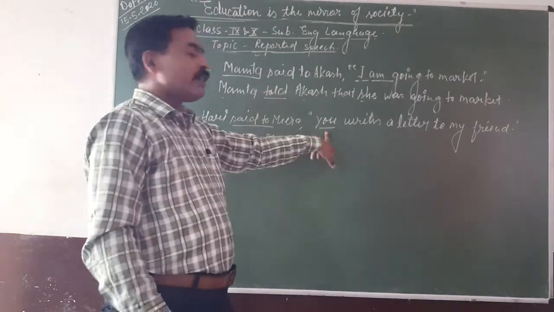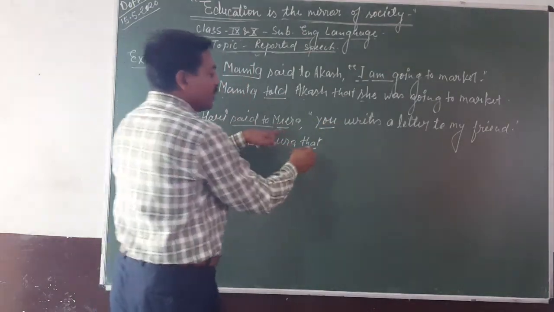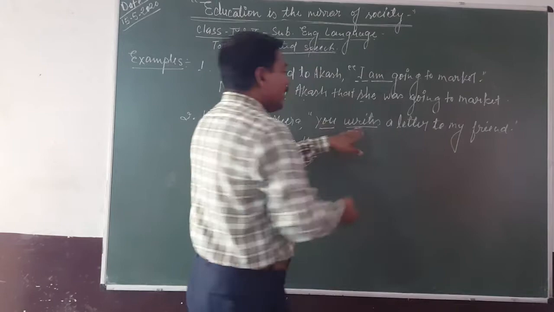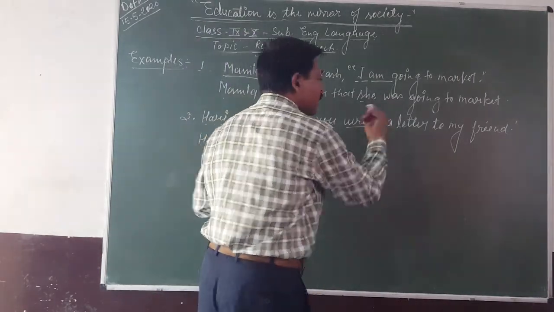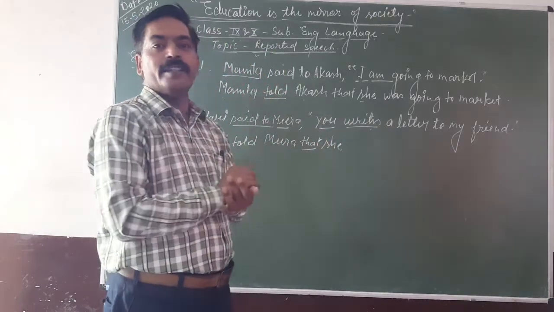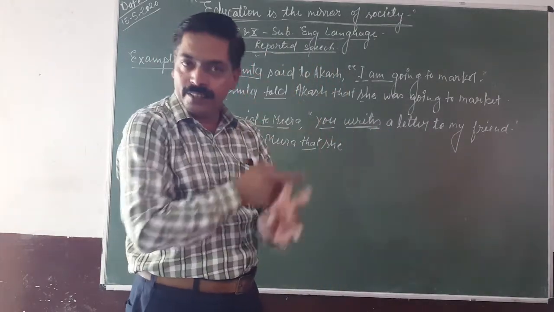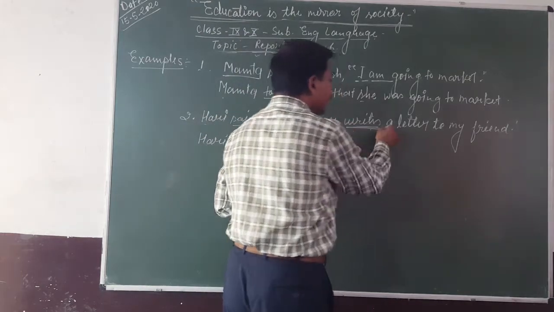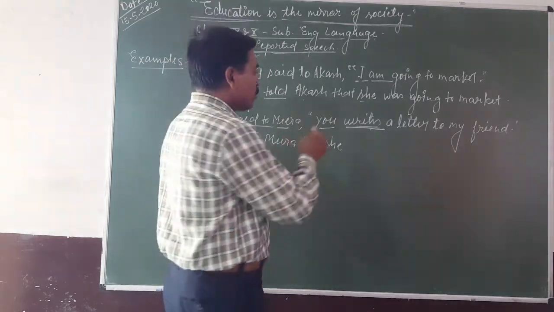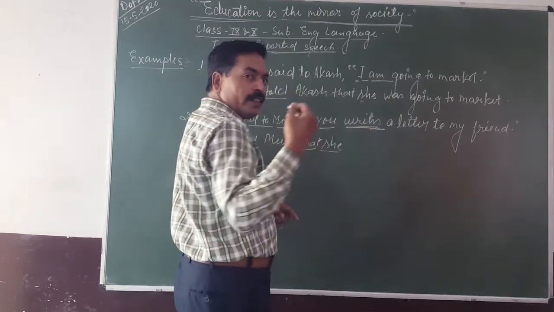You, here in reported speech, the pronoun "you" is given. So you change it according to the object. The object is Meera, so you change it into "she". And here the verb "writes" is given. Writes means S or ES, which means this sentence is in present indefinite tense. In present indefinite tense we commonly use S or ES or do or does. So here "writes" is in present indefinite tense. Present indefinite tense changes into past indefinite tense. So it is a simple sentence, and you can also change it into indirect speech in a simple sentence.